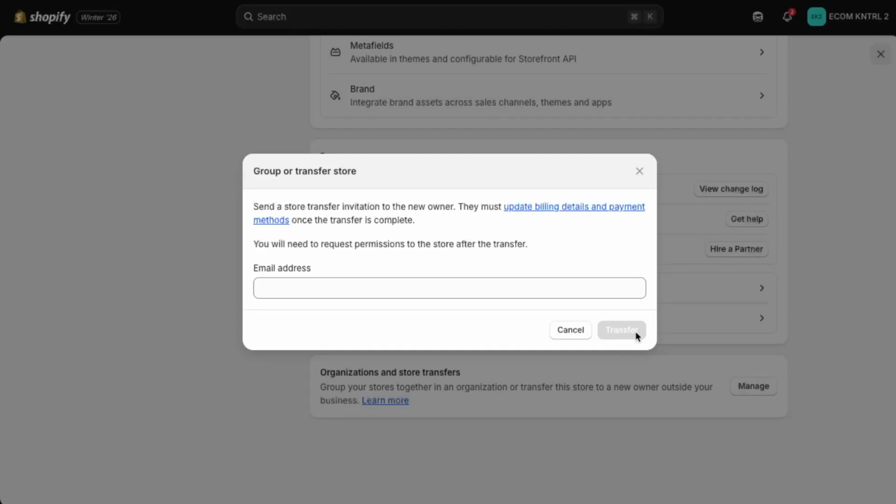Shopify will send an email to the new owner with instructions to accept the transfer. After they accept it, they'll become the new store owner, and your ownership role will